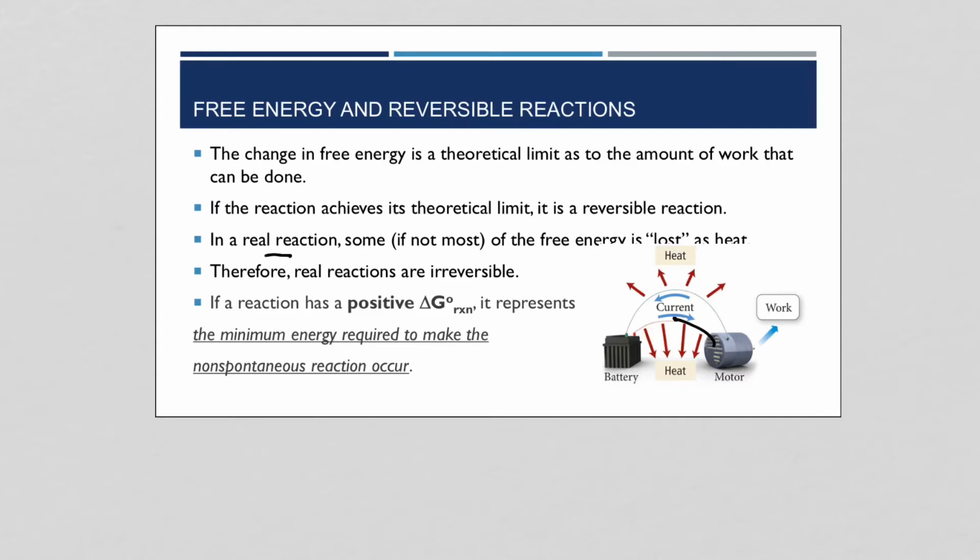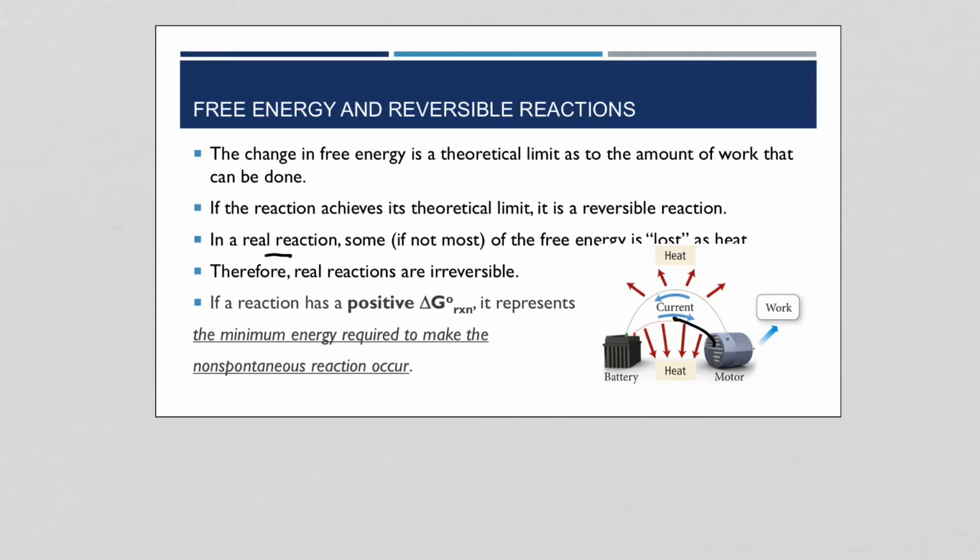So the bottom line is that this delta G represents a theoretical limit, and in most reactions, we lose some, if not most, of this free energy to non-useful work, to heat along the way. Real reactions are irreversible. They're not these very restricted, theoretical, ideal reversible reactions. Now, all of these examples presume, of course, that delta G is negative,